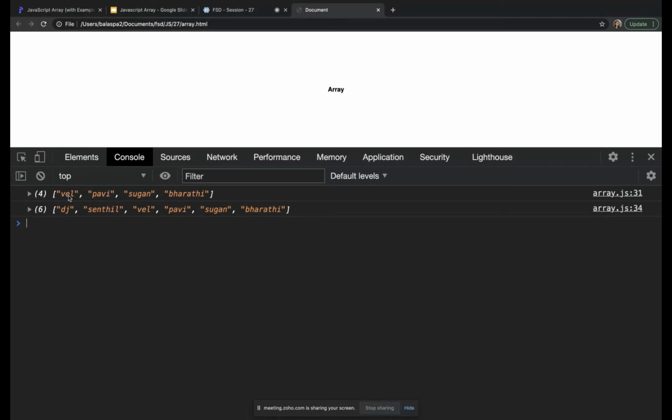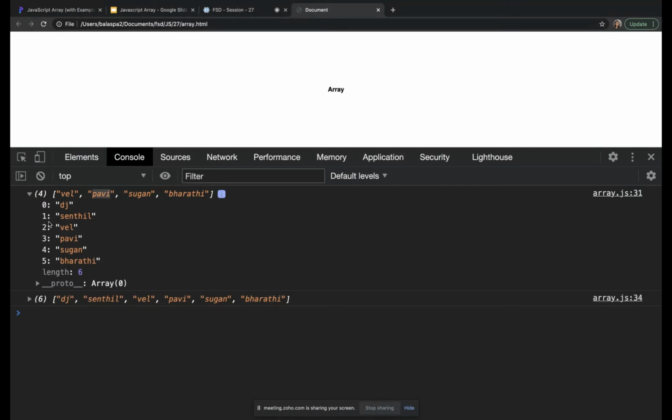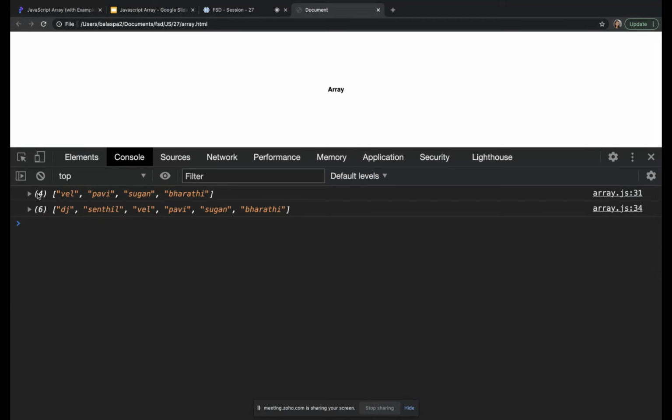Previously, if I add one name at the end, DJ here, the other elements' index won't get changed at all. Vel will be in Vel's position, the 0th element. Pavi will be in Pavi's position. It is showing this because it will get mutated; we will see those things later.